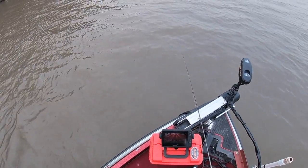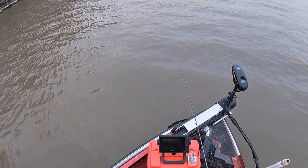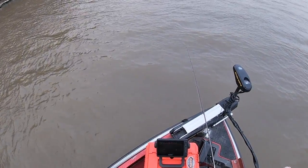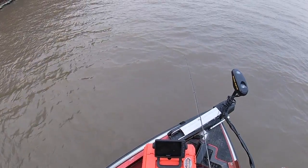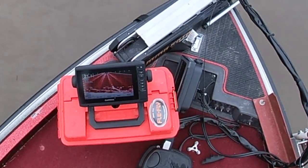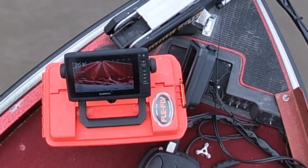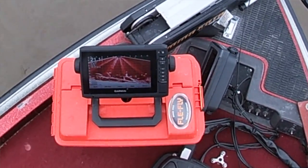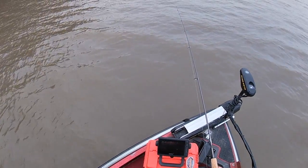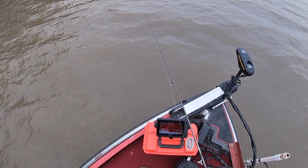So far today, everything's been hitting the Buster Brown, but a lot of times they're going to hit the bottom jig anyway. It just seems like that's what's going on. But we got that top crappie kicker on there just to throw a little different color contrast. Let's see if that's an active fish right there on top of that pile. Right out there on the very end of that limb. Didn't seem to pick him off. Now I'm gonna go back down